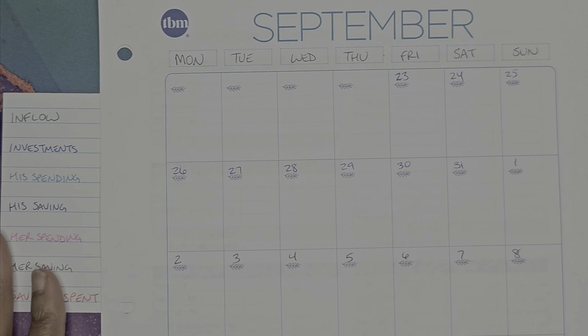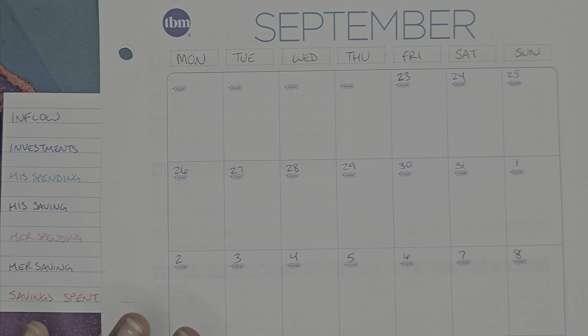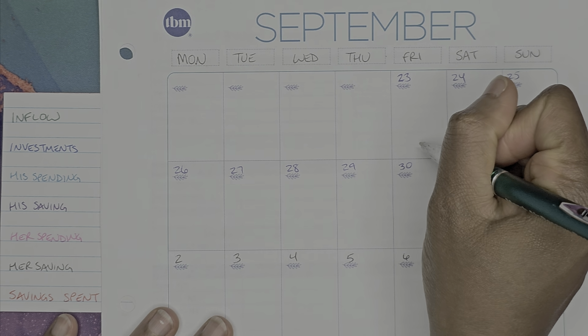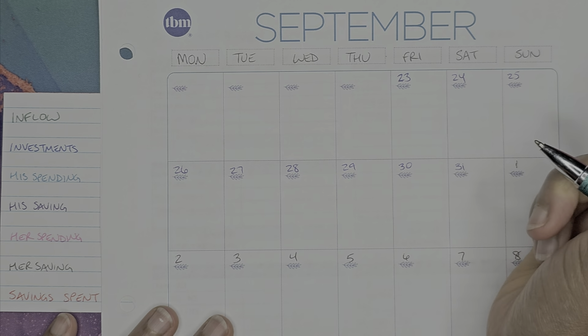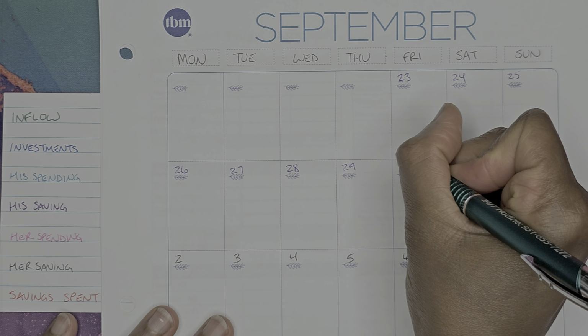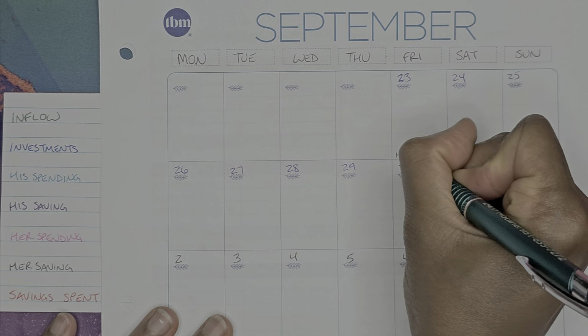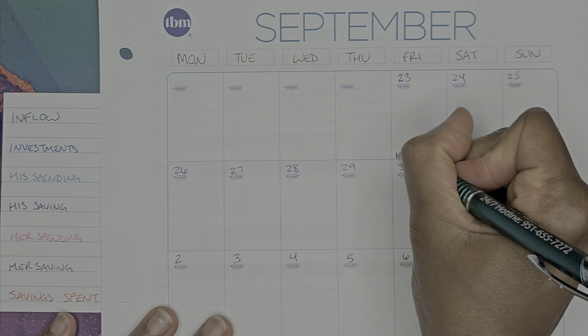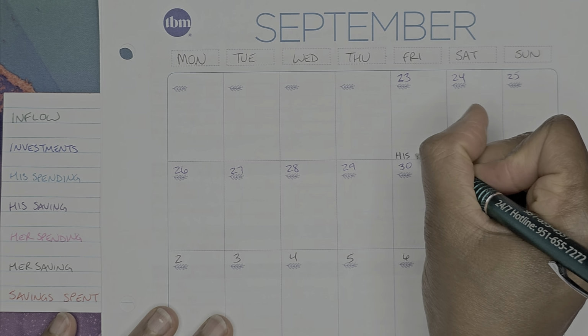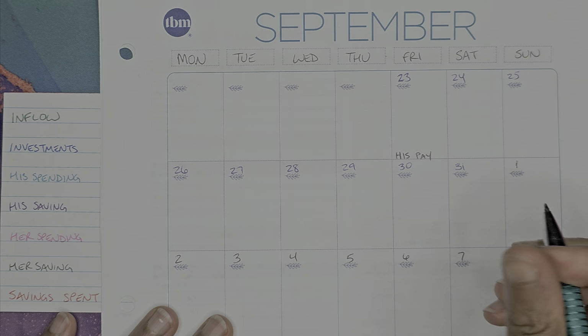We are going to start with the paydays. So Win gets paid every other Friday. So we are going to go with his pay. Pen's a little janky. Get it together, Pen. So his pay on the 23rd,